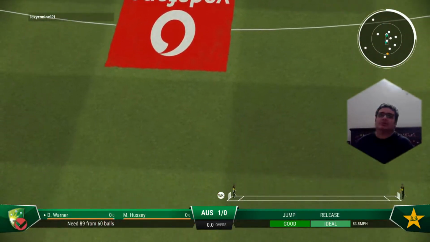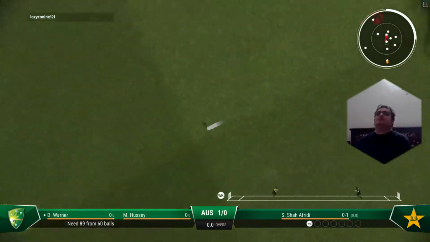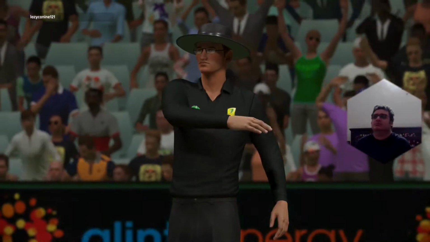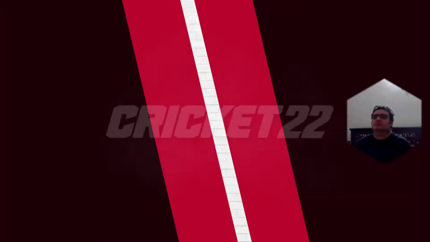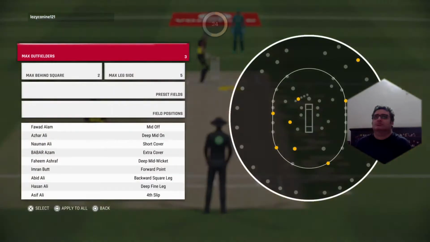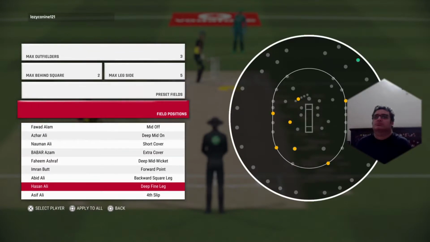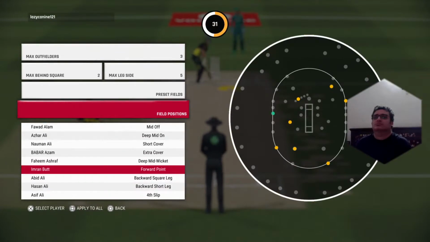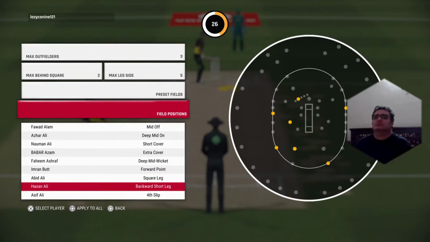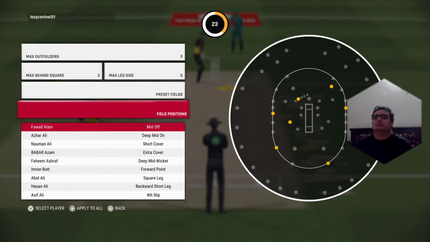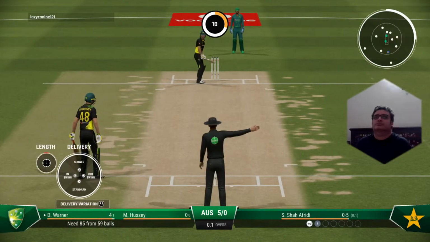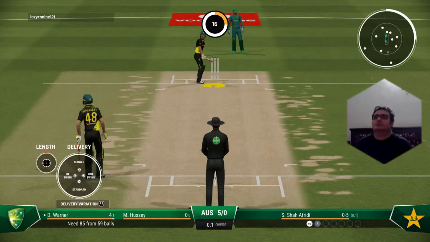High in the air. This should be an easy chance. Didn't time it at all, but managed to get it away to the boundary. Freedy shouldn't be too worried about that last ball. They've got them playing their shots. Just need to tighten their areas now. The captain making some adjustments to the field here.